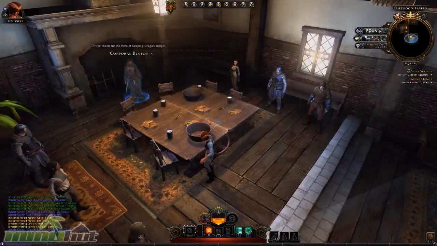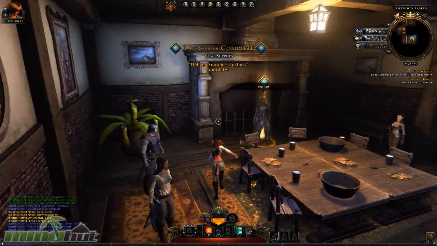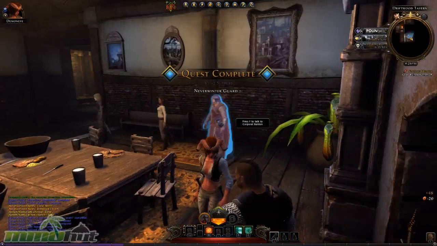What are we doing here, people? Where's my supplies? Oh, they're just going to cheer for me, okay. I thought somebody was going to be waiting for me. I was going to have to use my daggers. Alright, but I'm just going to turn in the quest here. Thankfully, I don't have to...